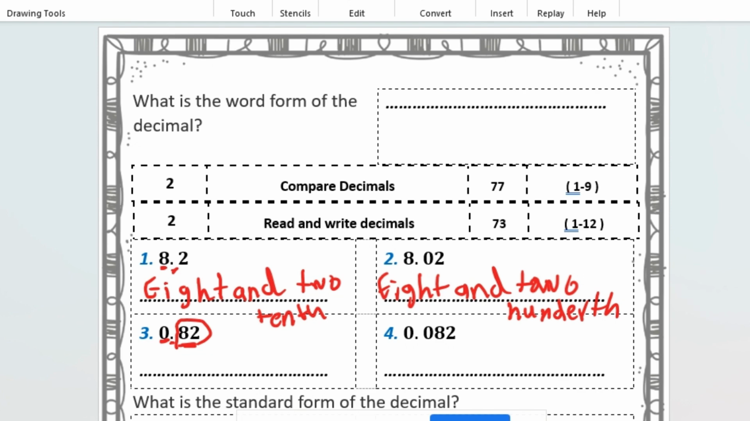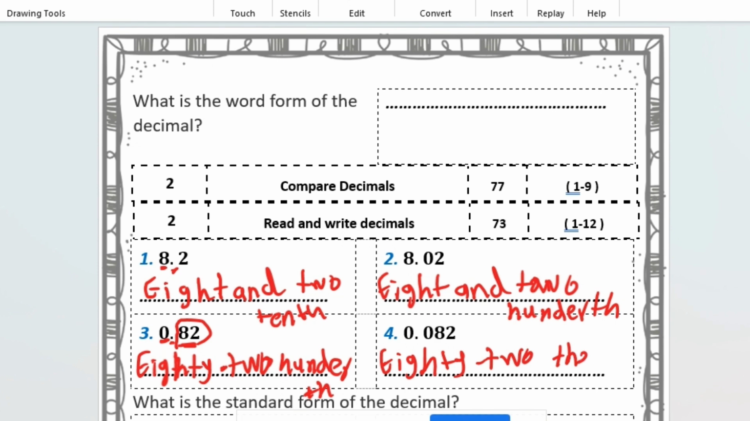So there are two numbers, so it's 82, and this is two numbers, so it's hundredth. Okay, here is the same, but it's three numbers, so it's 82 thousandth. Okay,